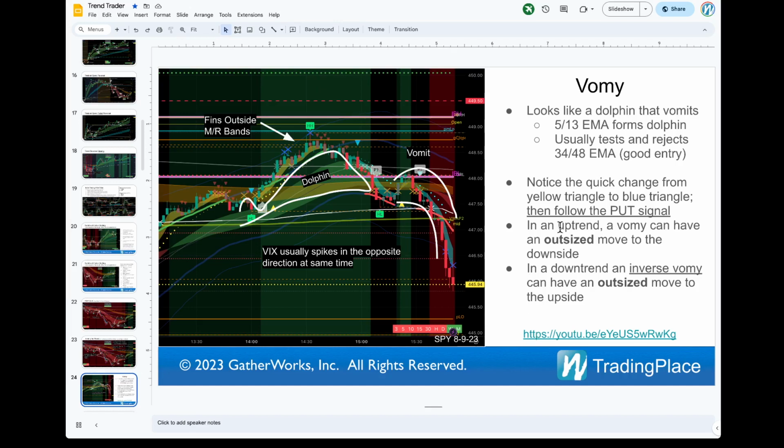So don't use this one in the beginning, because it's more advanced. But when people talk about VAMIs, because it's getting more popular, that's what they talk about. And then you get the inverse VAMI where the opposite happens. So now you get vomit into the sky, make a ton of money. But again, start simple. Okay, go and look at the Discord where I talk about the focus traders.